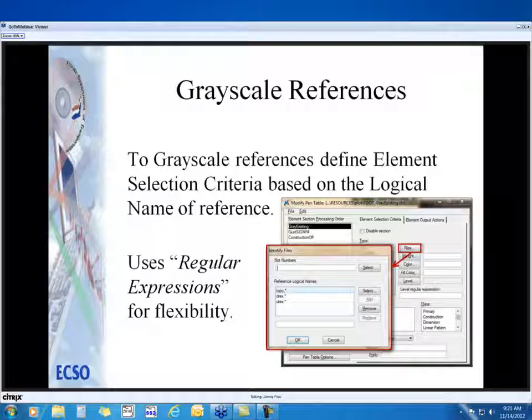And this is always something people ask about. To grayscale references, you can define the element selection criteria based on the logical name of the reference. Technically you could do it by the slot number as well, but when you're clipping sheets, they aren't always going to be in the same order. If you use the reference logical names, and you always use the same logical names for your references, then you can reuse the pin table on multiple projects, or multiple sheets within the project